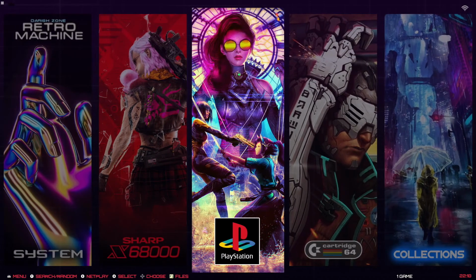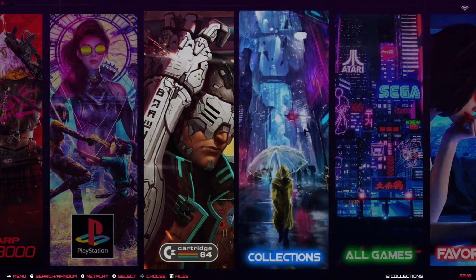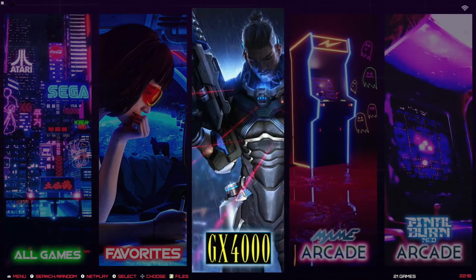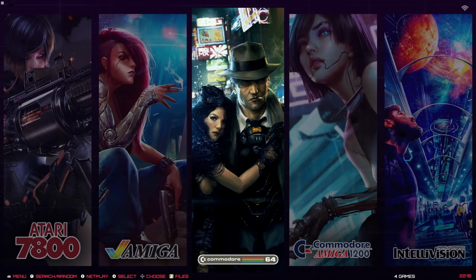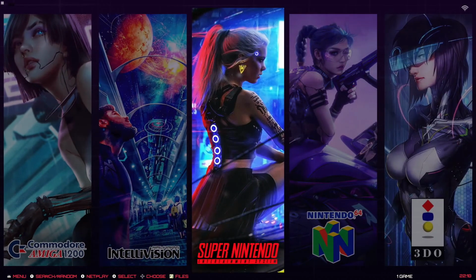Okay, you recognize this theme. It's one of the most recognizable themes, the cyberpunkish theme. I know all of you, or most of you, love this theme and feel it representative of Retro Machine. So let's keep with this theme, based on the Grid Super Sweet theme created by Harsty,